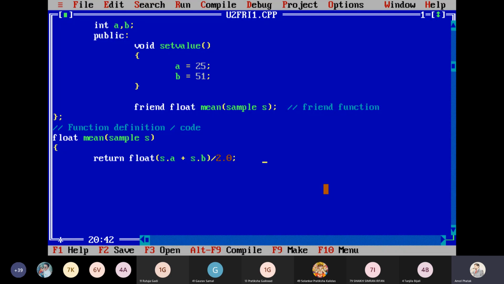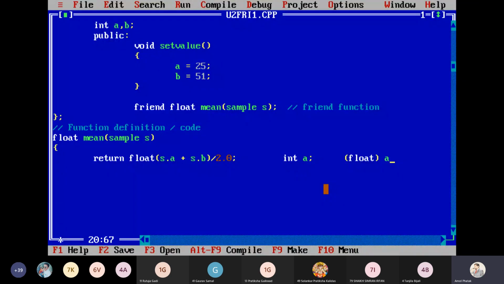See, typecasting can be done in C++ like this. Suppose I have an integer a, and I want to typecast a to float, to convert a into float. In C++, I write float, then a in brackets, meaning I am converting a to float. But I think in C, or normal advanced C, the concept is reverse. How can I do this in advanced C? I think in advanced C we have the brackets around float, and I write it as (float) a. So that is the change in syntax between C and C++.